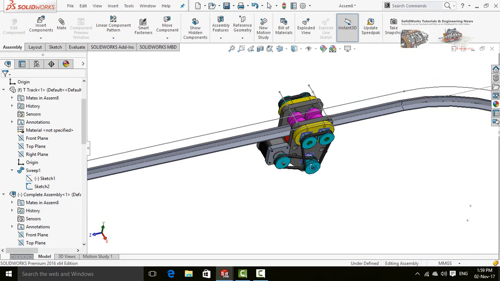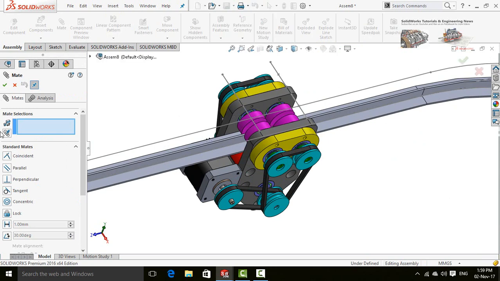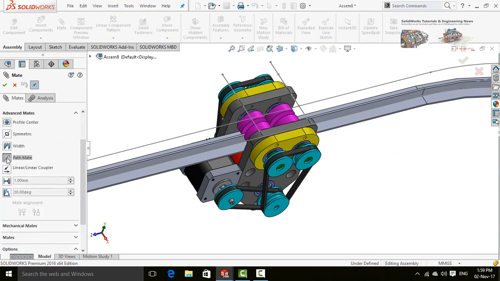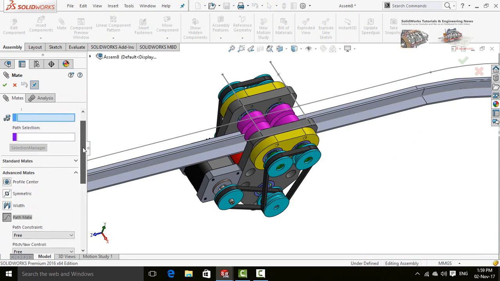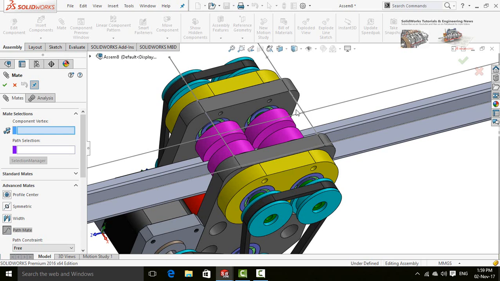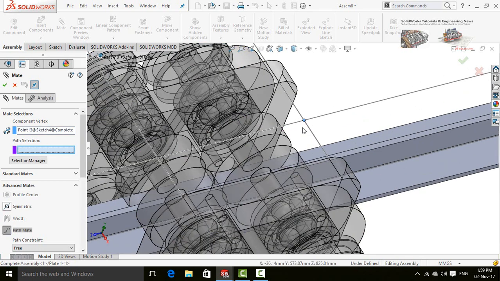Now it's time to make the path mate. So click on mates, scroll down and select advanced mates. Select path mate, scroll up, component vertex, select this point. Now for path selection, select selection manager and turn on select group option.